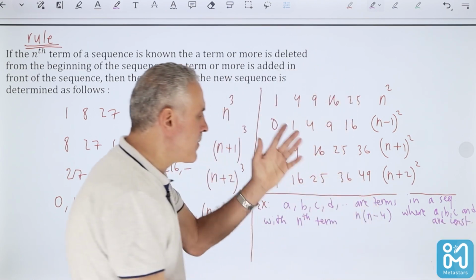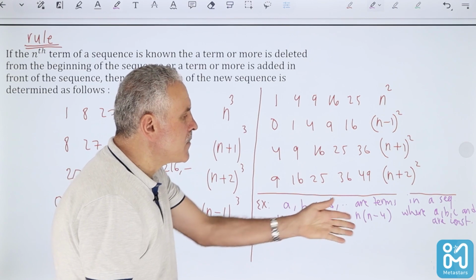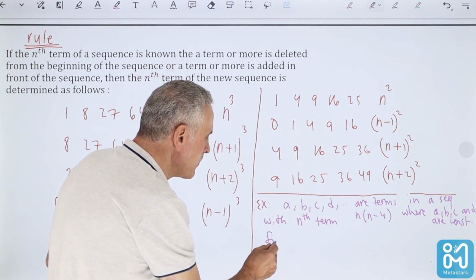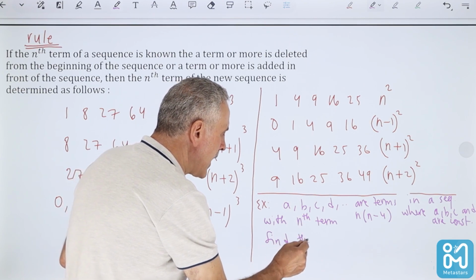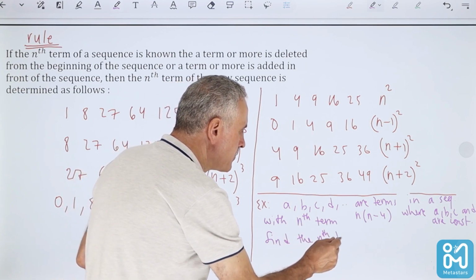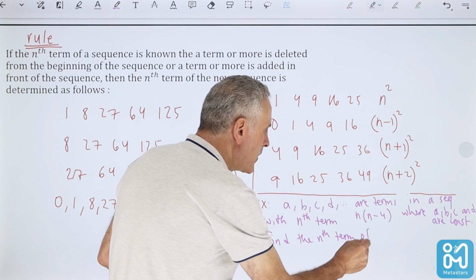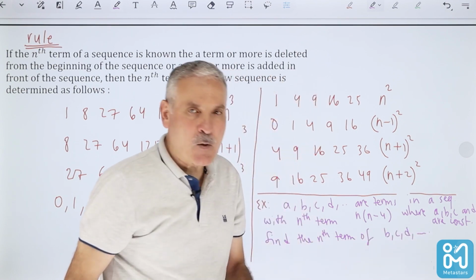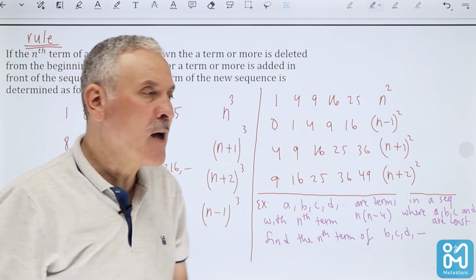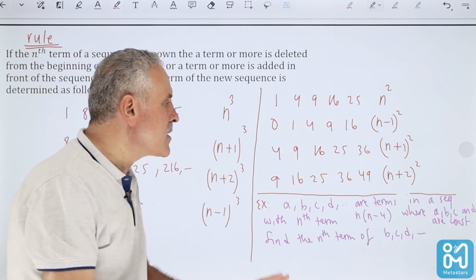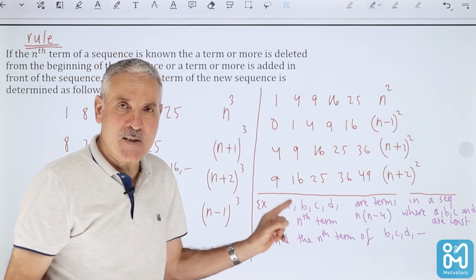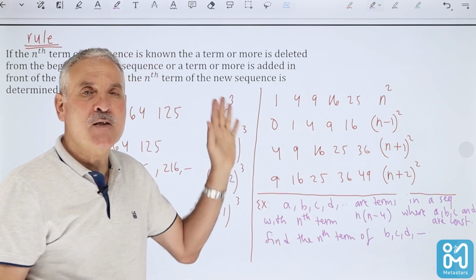Let's say these are just numbers, and their nth term is n times n minus 4, for example. Find the nth term of B, C, D, and so on. See, this seems very difficult if you haven't known this rule. I would say no student can find the nth term of such a sequence if he hasn't known this rule,